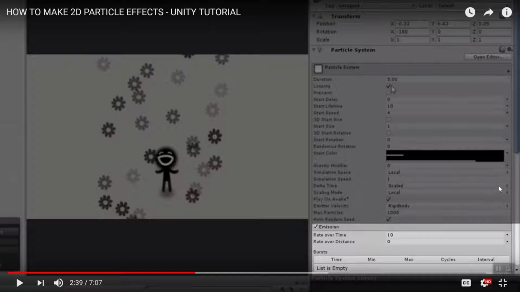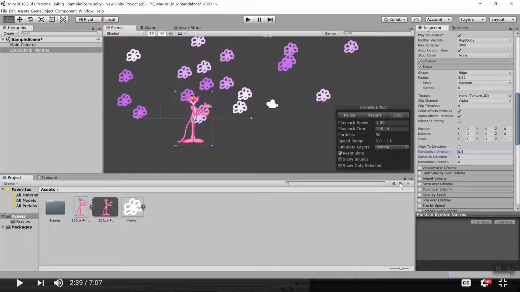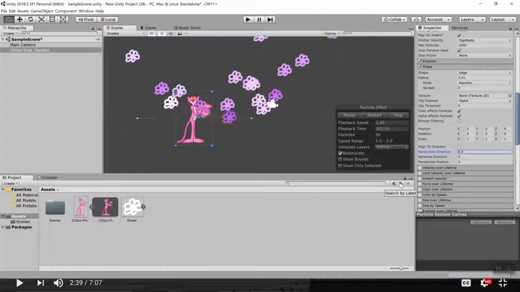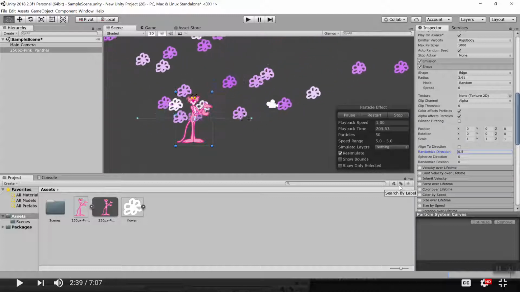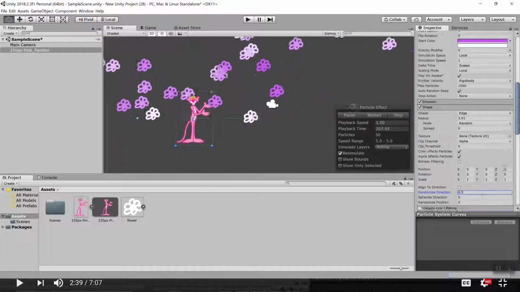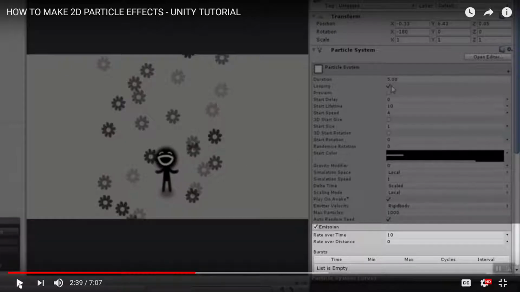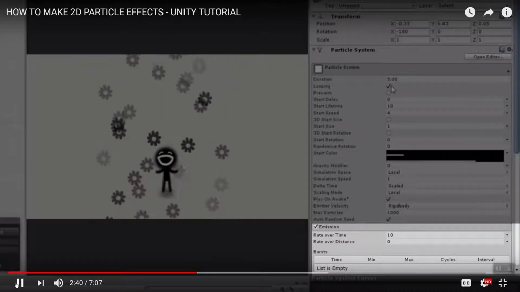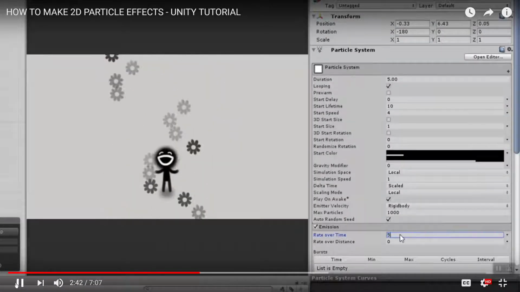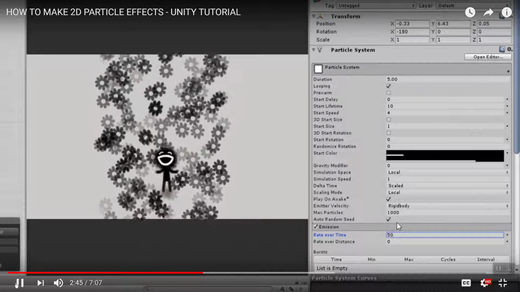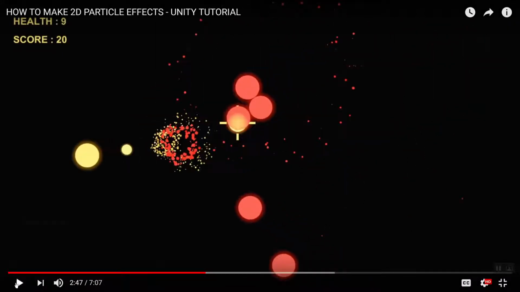He didn't say anything about gravity, did he? No, I don't think so. And we can definitely play with that gravity modifier, to get it to go down. Not that it matters for what we're doing here. Time. If you want more particles spawning, all you need to do is crank up this value. However, if you were planning on making explosions or a light